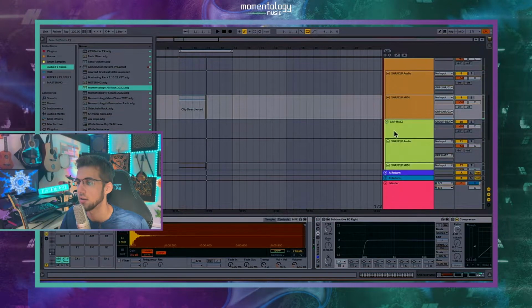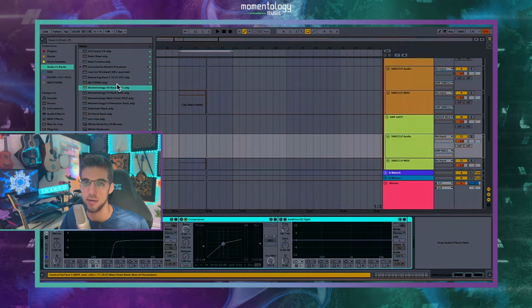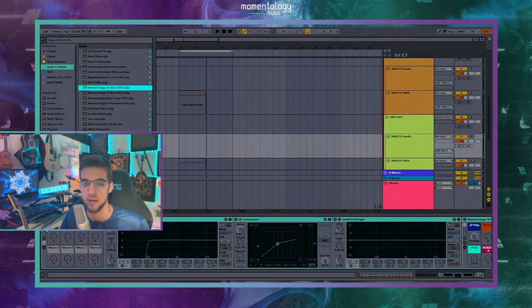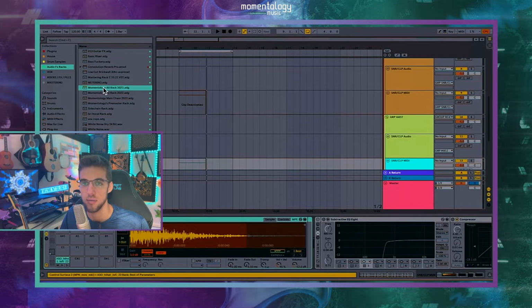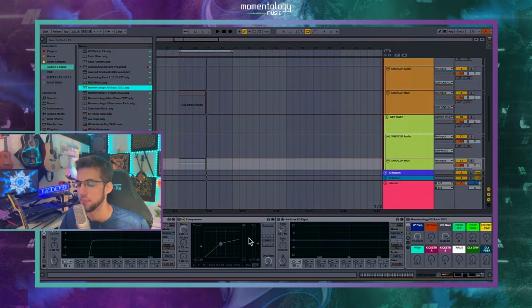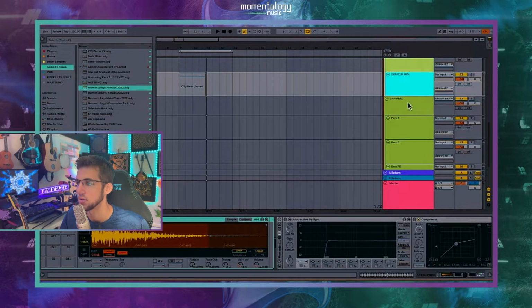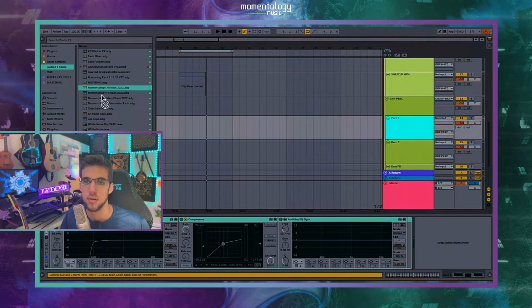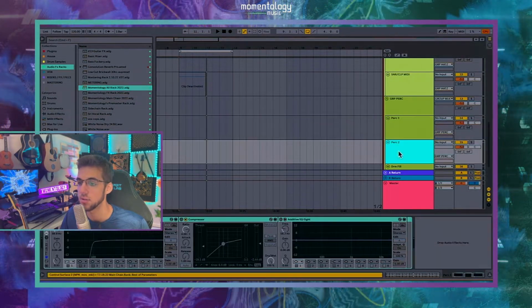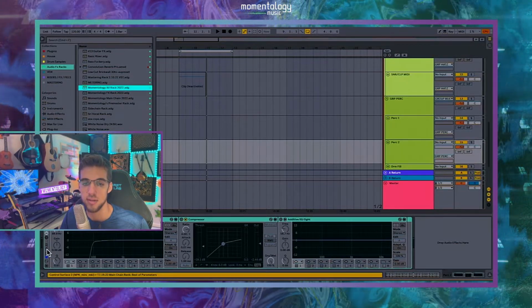Great. And I think I can just drag and replace that. Fantastic. Drag and replace that. Great. And again, this is just for the drums. So you can see how long this took just to make the rack